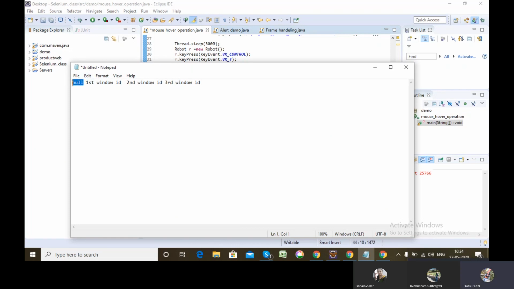So I will have four values. First one is null, the second one is the first window ID, the third one is the second window ID, and the fourth one is the third window ID. So to get this particular value, I have to do itr.next, itr.next, and itr.next. In the third itr.next, I'll be getting this value.